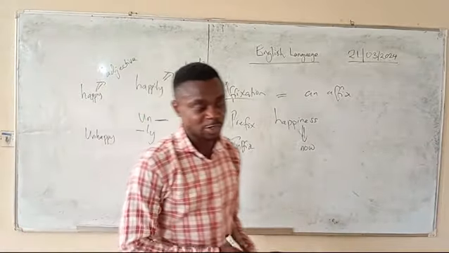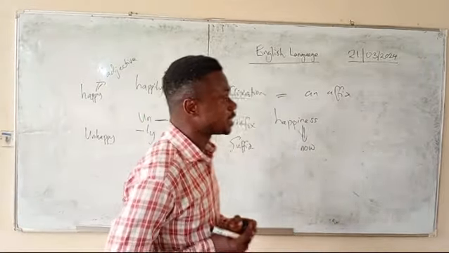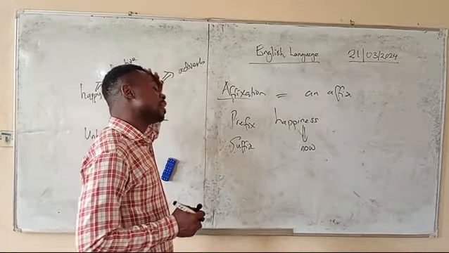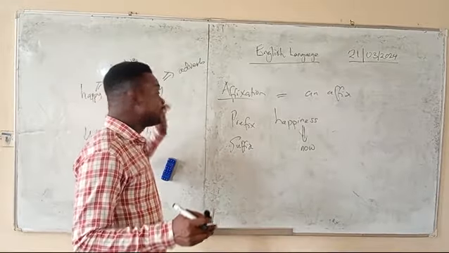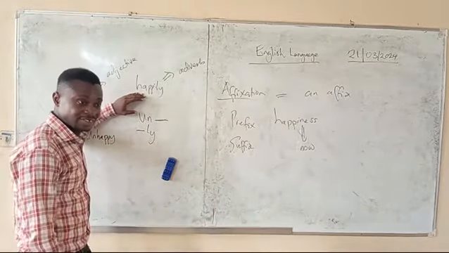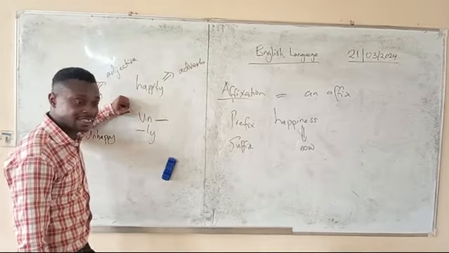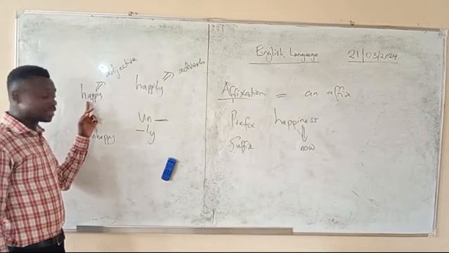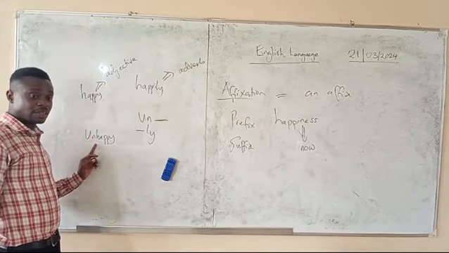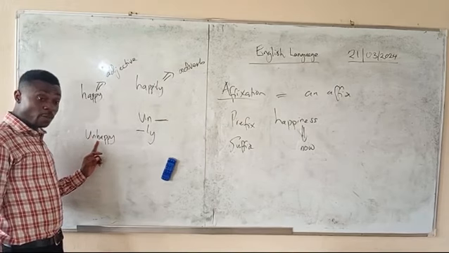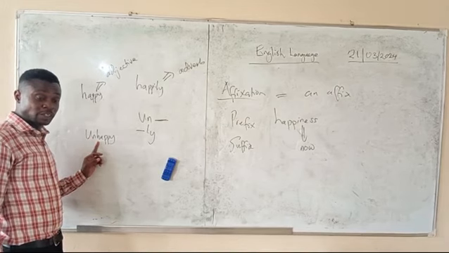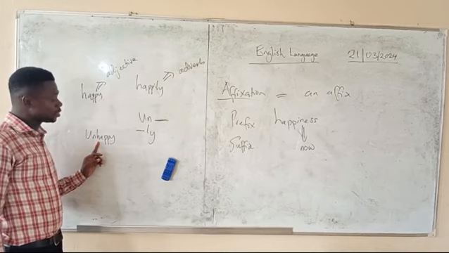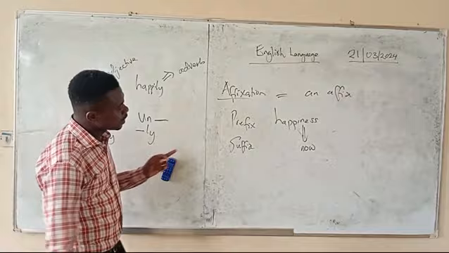Please, we are not into passages, but you need to understand these words before you can be able to understand passages. So even though we have done it before, I'm trying to link these words. Have you not seen how we formed three words from happy? Unhappy. What part of speech is that? Adjective, right? Happy, unhappy, happiness, and what have you.